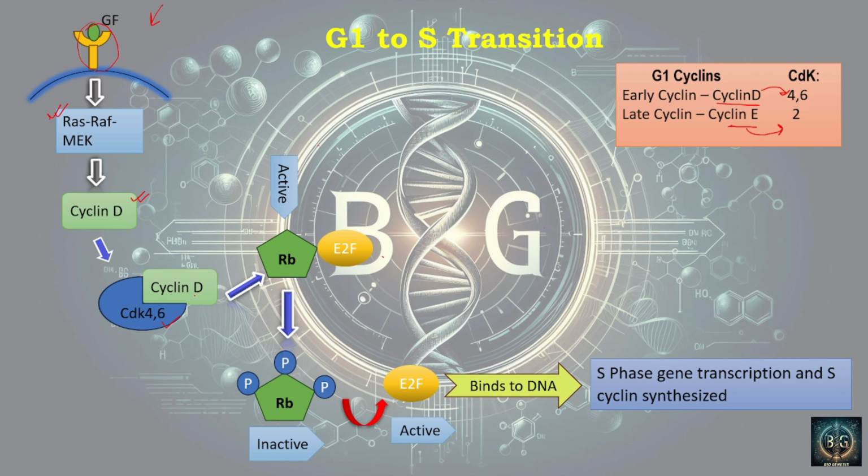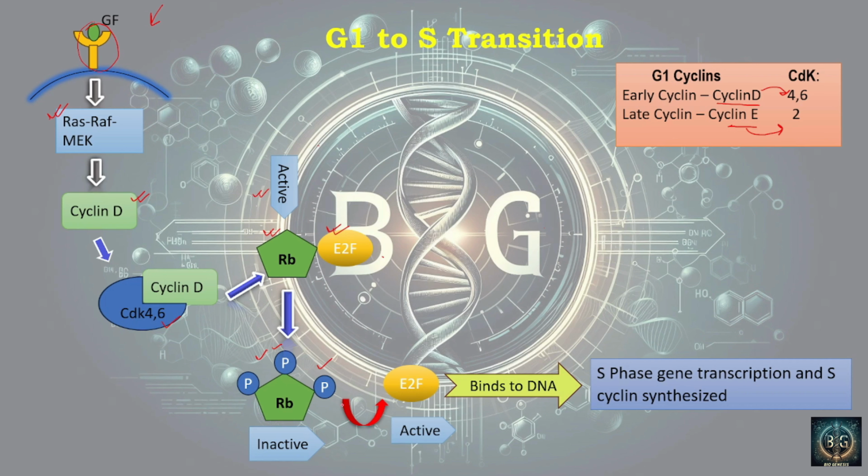Then the cyclin D-CDK4/6 complex acts on active retinoblastoma, which binds to the E2F transcription factor and blocks it, so transcription is blocked. We already saw this in the previous slide. When retinoblastoma binds to E2F, E2F cannot start any transcription process, and retinoblastoma is in an active state. But when the cyclin D-CDK4 complex is formed, it phosphorylates retinoblastoma at different residues, and retinoblastoma becomes